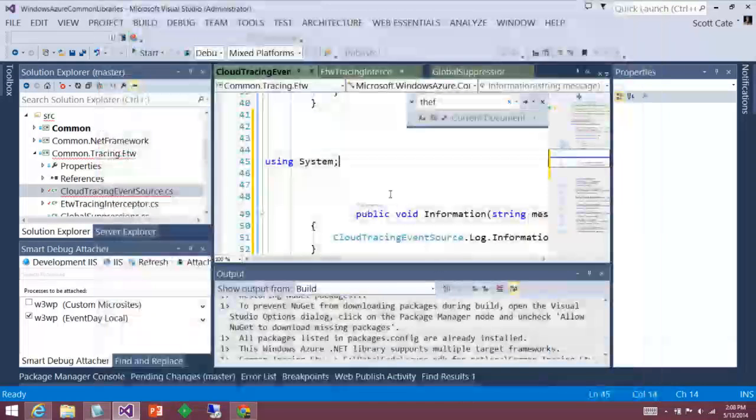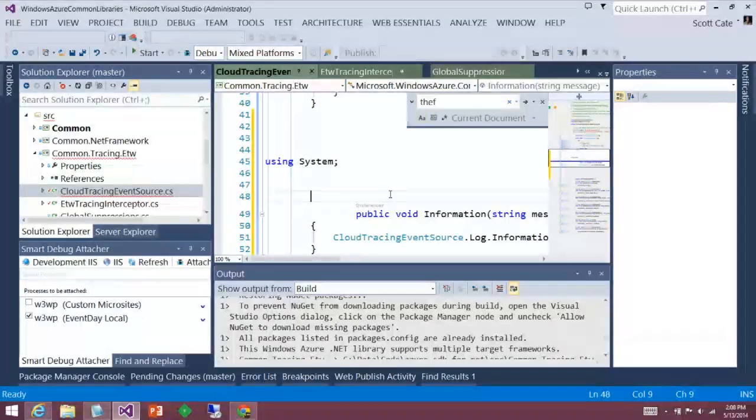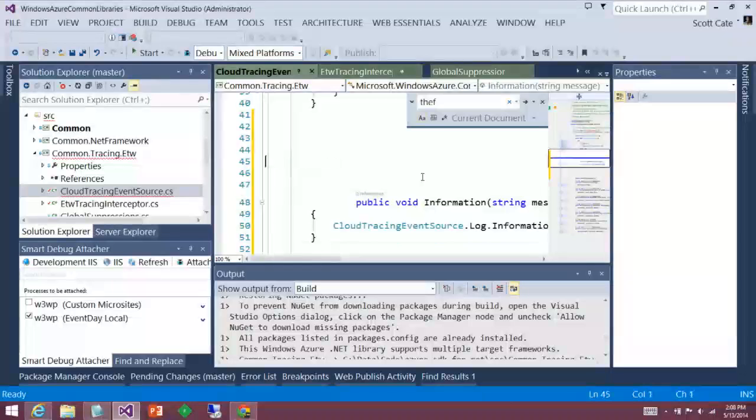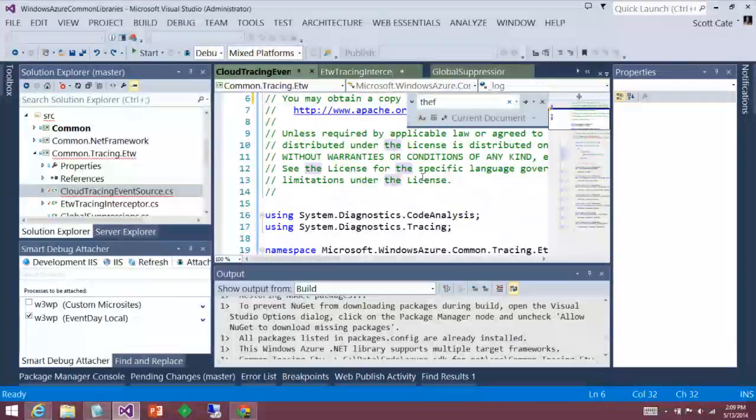So there's a few other keyboard shortcuts that I like to work on, and I'm going to show you those here as well. So most of you know that under Tools Options, you have this idea of custom keyboard bindings. And the pros and cons to this is if you customize the keyboard bindings, they're only going to work in your environment. So if you're pair programming with somebody, unless you can convince them to do the same bindings or even export your settings to a network share and then have your whole team share the same settings, the custom bindings are only going to work on your machine. But I find myself often